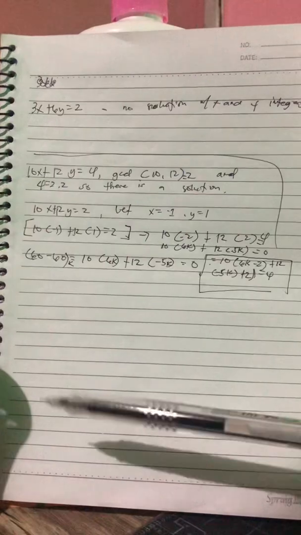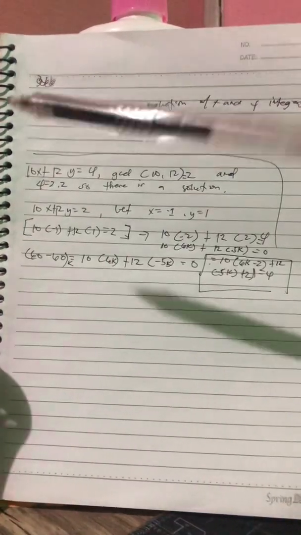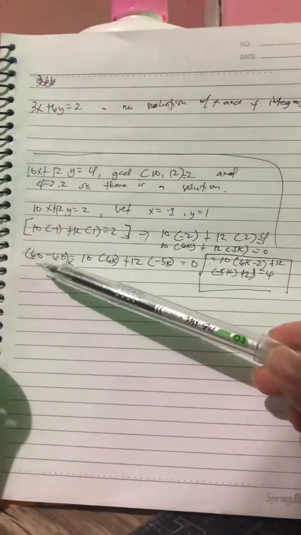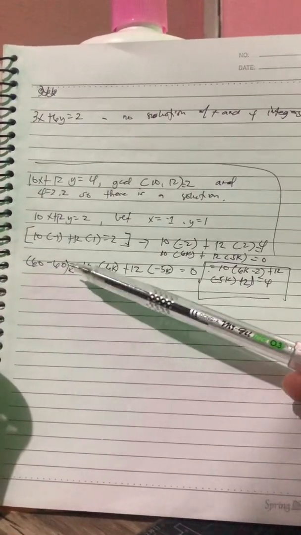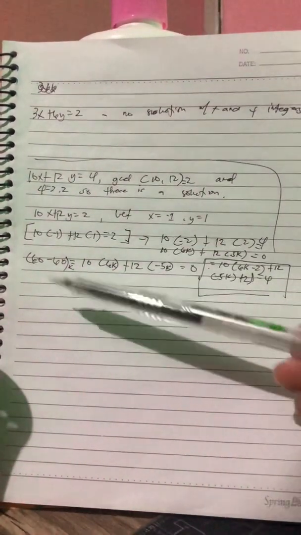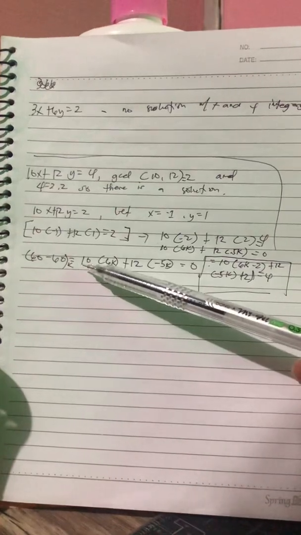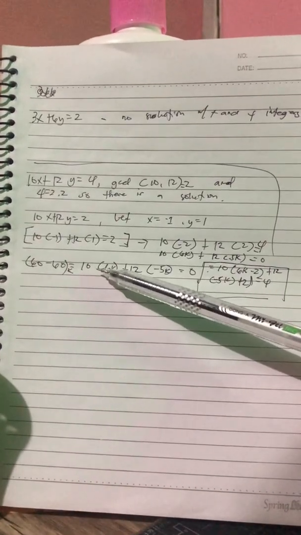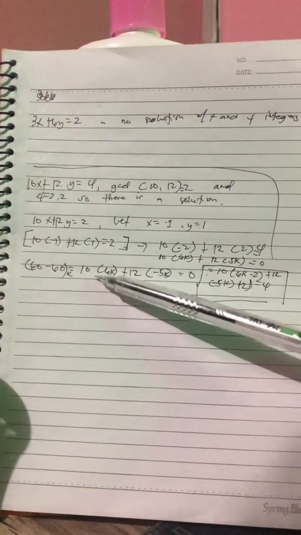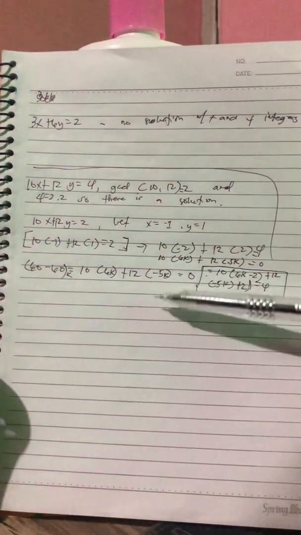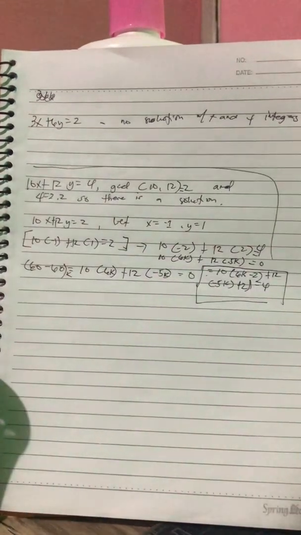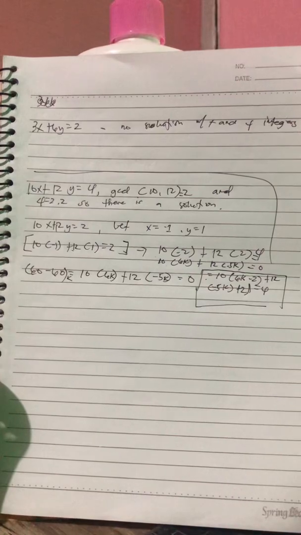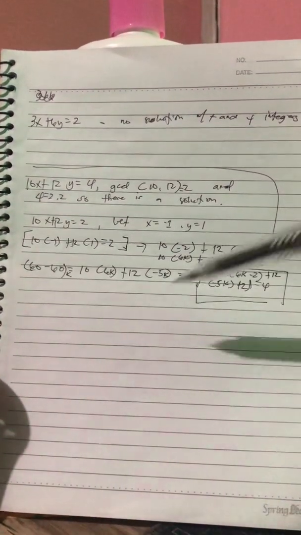Since the least common multiple of 10 and 12 is 60, I bring down the 60 here. 60 minus 60 is 0, and I factor: 10 times 6 plus 12 times negative 5 is equal to 0. So since the equation is true, we can